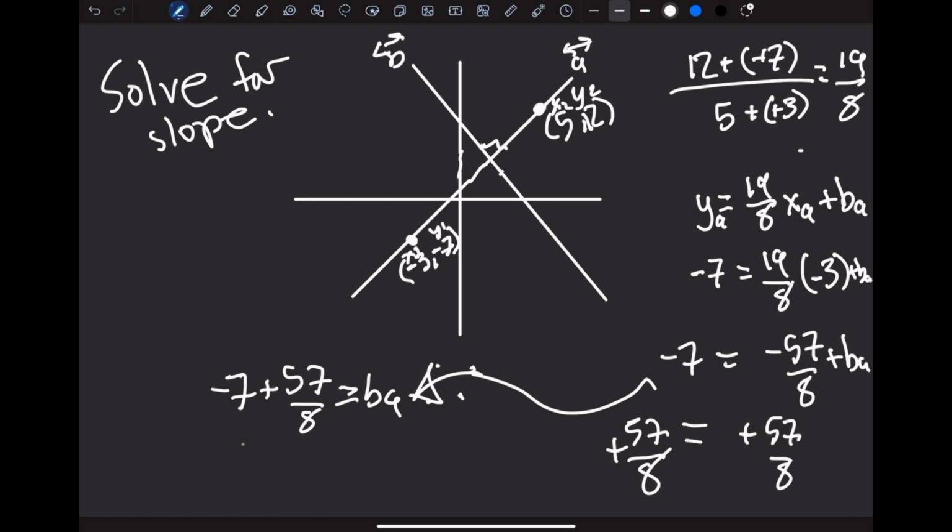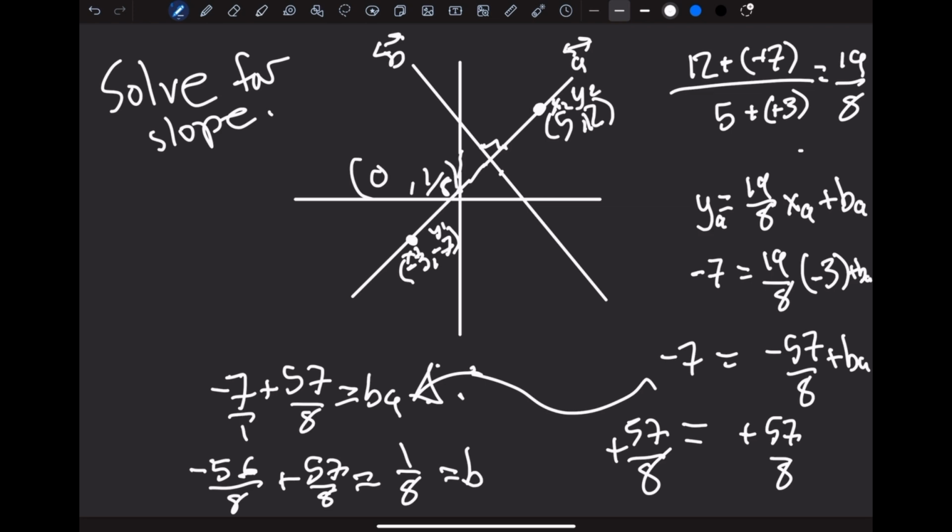So now you need to times it by 8 on both sides, so you get negative 56 over 8 plus 57 over 8, so you're left with 1 over 8 is equal to BA. So now you know that the intercept here is 1 over 8,